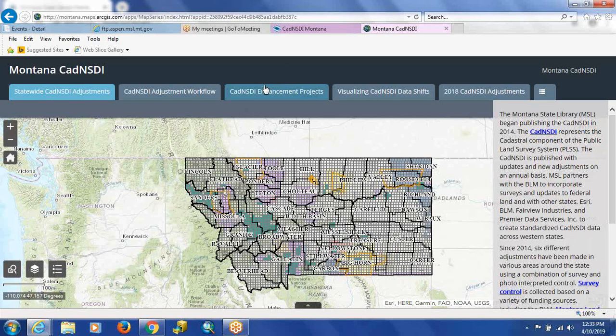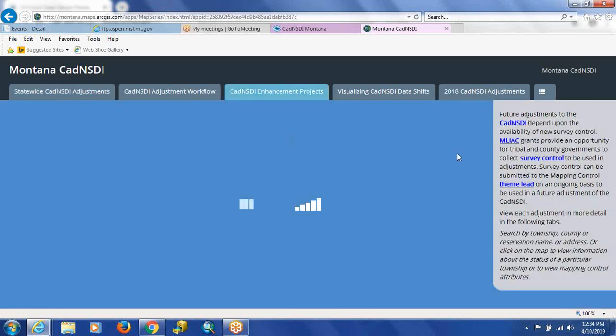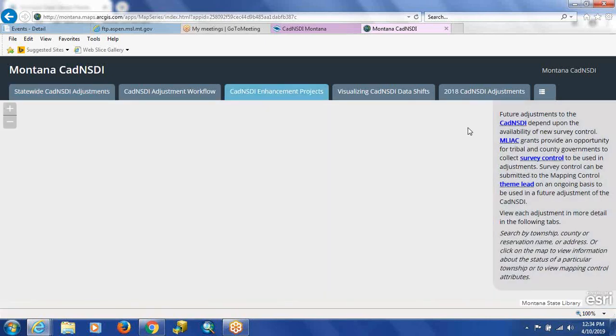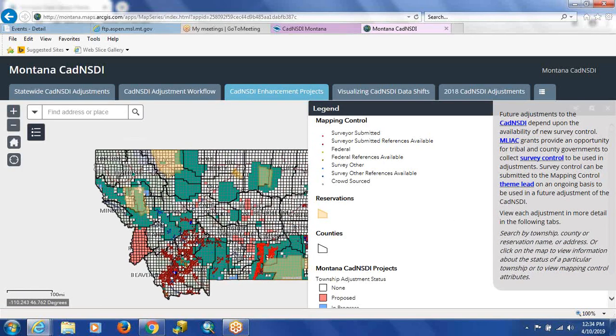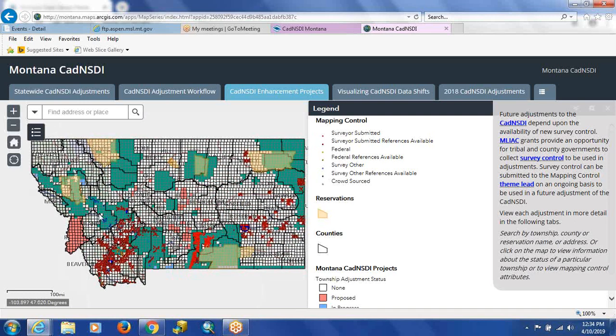And then other tabs, I add to this story map every year, so it's updated with every adjustment. And so I'll show you some other tabs down the line that show individual adjustments for each year. Something else that's useful to know about is this map. And again, all of this displays differently depending on what your desktop screen resolution looks like. But this map shows what the status of